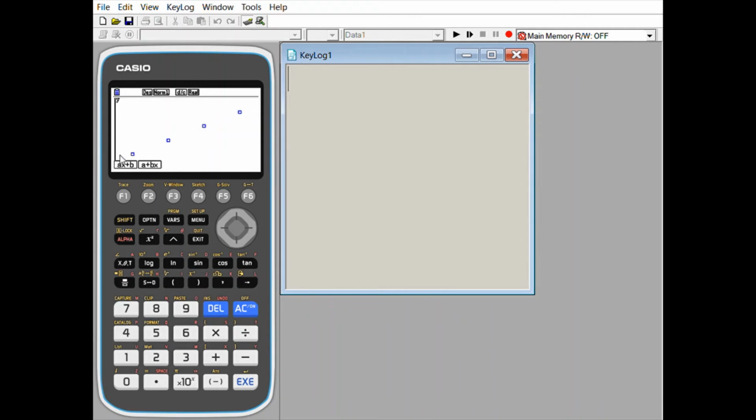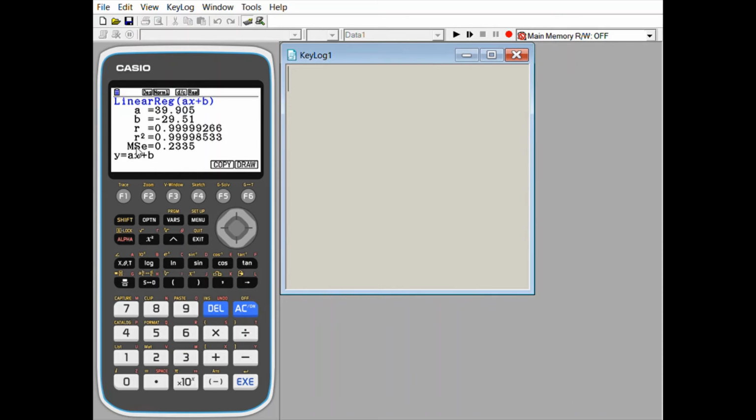And our graph, we're going to do ax plus b. That's the form that we know the best. So we just press ax plus b, and we get this list. And what it's saying is that our graph is y equals ax plus b. The parameters a and b have been decided by what we've inputted. The y and the x stay. So our graph is given the equation y equals